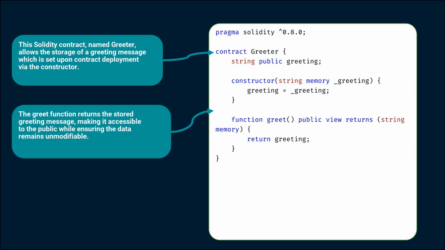Moreover, to ensure robustness, we will add validation to the setGreeting function to prevent users from setting an empty greeting. This ensures that only meaningful greetings can be stored, thus improving the overall user experience and reliability of our contract. Now let's implement the following updates in our Greta smart contract to allow users to set their